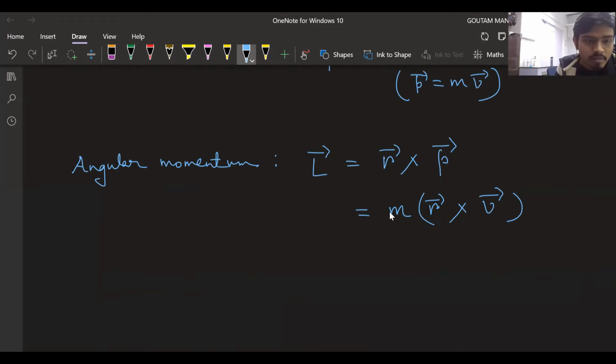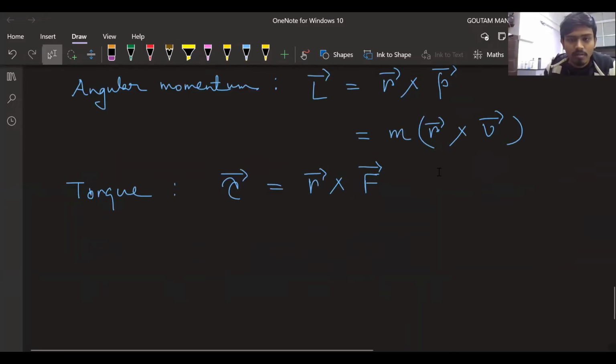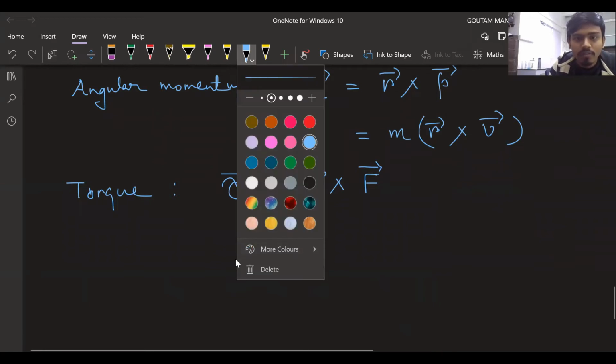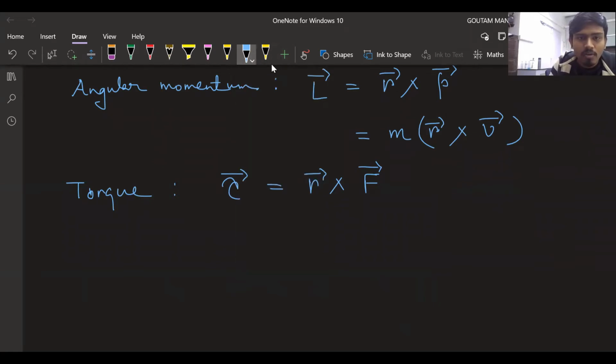And another quantity is torque, which is defined by tau, and it is defined as r cross F. So let's see what is the rate of change of this angular momentum. That means dL/dt means d/dt of r cross p,